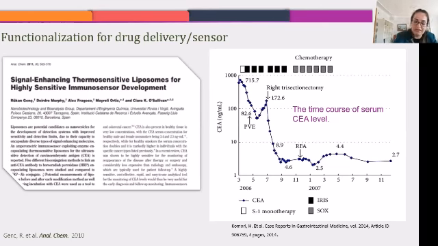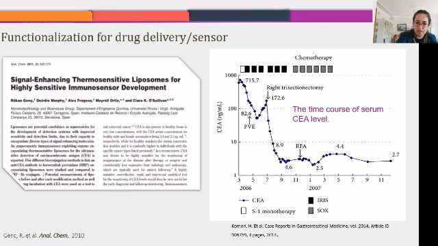The level may change from person to person, and it may depend on the age of the patient. Here we are going below 4.5 nanograms per milliliter, and if the sample has some problems, or if you don't have enough sample, you may not measure those levels. So we were thinking that we want to increase the sensitivity of those immunosensors by adding some moiety to increase the immunosensor signal.